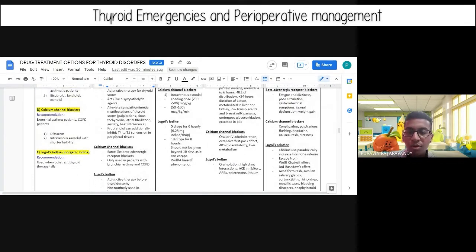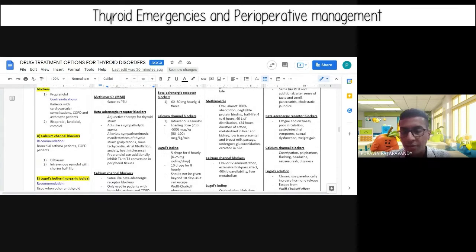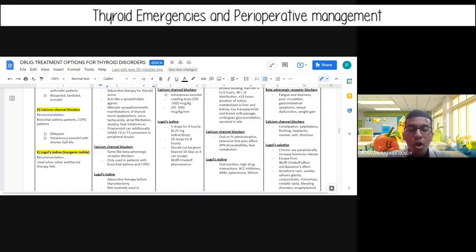Now I would like to go for the pharmacokinetics of calcium channel blockers, which is oral or IV administration, depending on the patient's convenience and also the bioavailability and efficacy of the drug. The problem is calcium channel blockers have an extensive first pass effect. So instead of oral, IV administration is usually preferred, because the extensive first pass effect can reduce the bioavailability of the drug, which indirectly affects its efficacy and therapeutic effects as well. The bioavailability of the drug is 40%